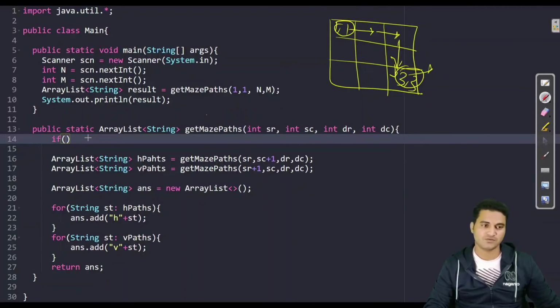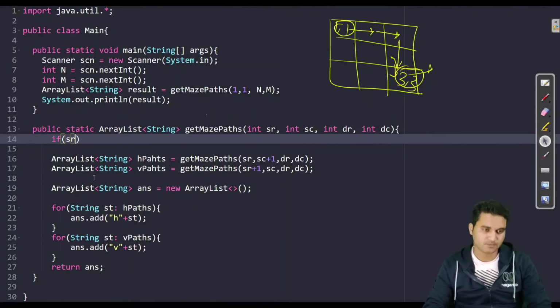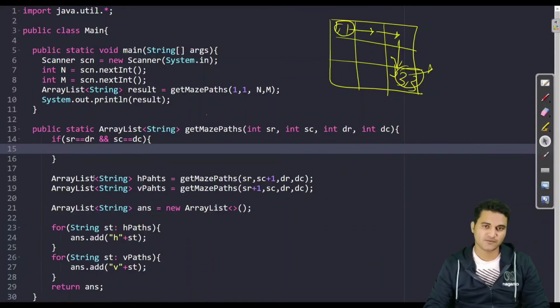Fine. So if our source row is equal to destination row, and if our source column is equal to destination column, that means we have reached our point. In that case, what we have to do? We have to of course return an array list from here with a blank path.